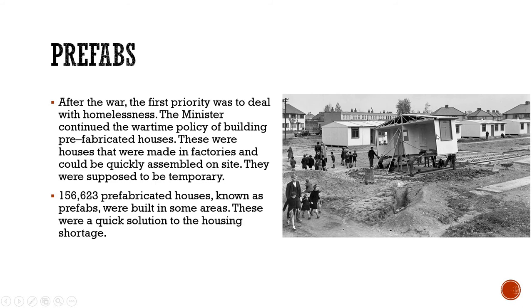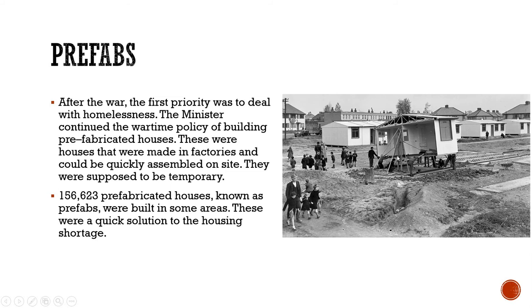And you can see in this picture, they're actually built in a factory and sort of just plonked on a piece of land. But what they did have was running water. Some of them had heating, they had electric inside them. This is something that people living in the slums were not used to. Bear in mind that the bathrooms would normally be outside in the streets, or if they needed to warm up water, they'd have to go to a well, and warm up water over the fire. So these houses, despite the fact that they were made in the factory and quite small, were very luxurious to some people.